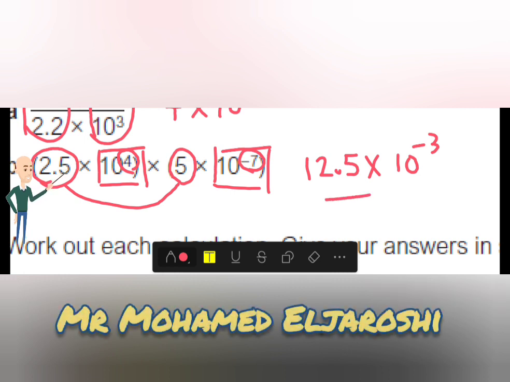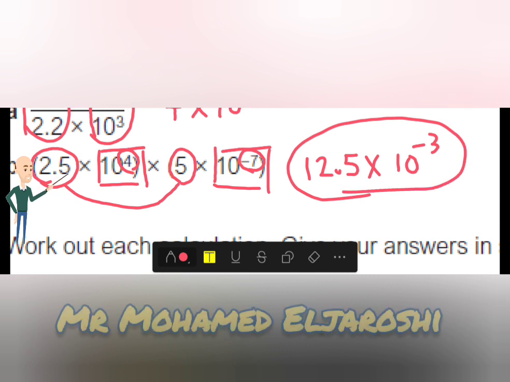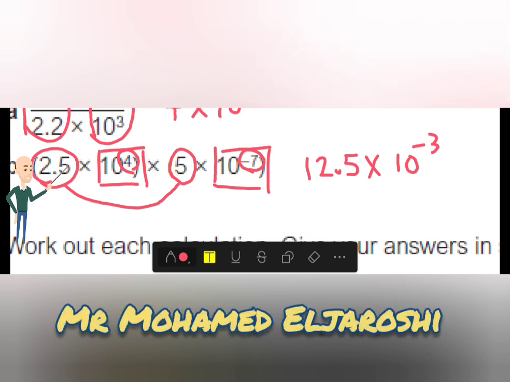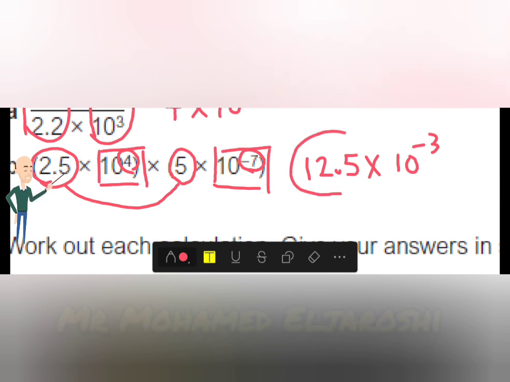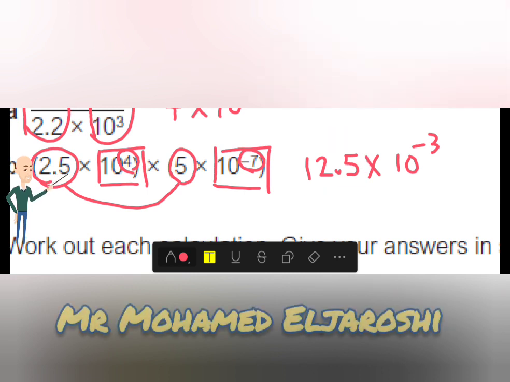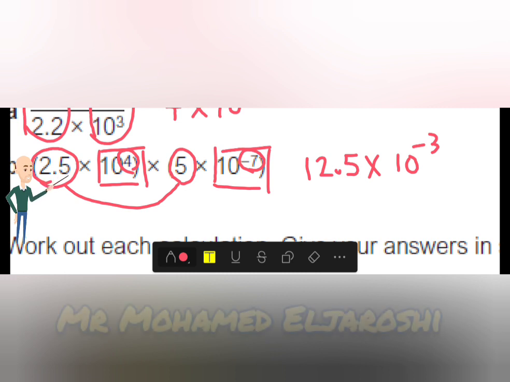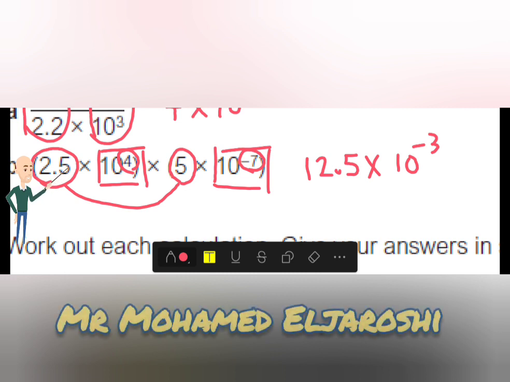Now, I look at my answer. Is it in standard form? Very good. It's not. This number is not in standard form. Why not? Because this number is bigger than 10. And standard form must be between 1 and 10. Now, I want to make it in standard form. So I'm going to take the decimal point here and move it to this side one time. And the number will be